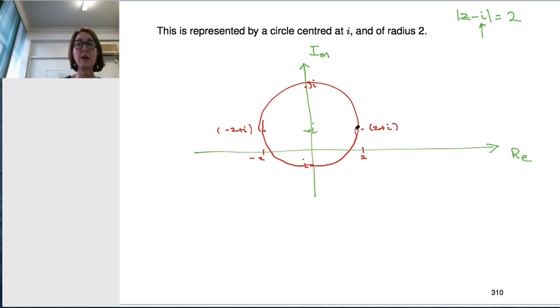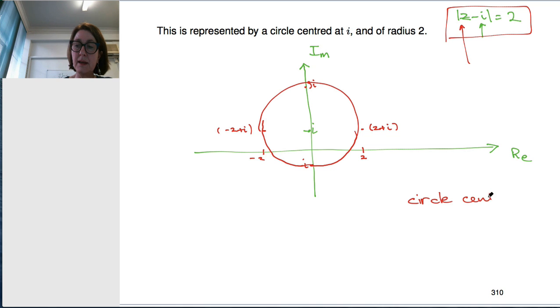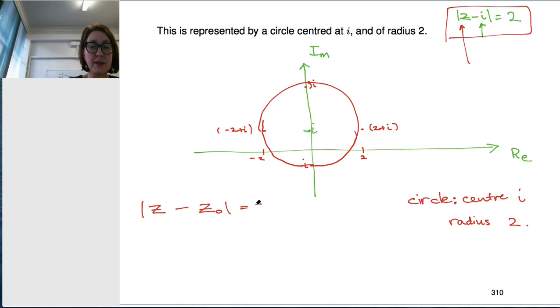So when I sketch this equation, taking into account all possible complex numbers z whose distance from i is equal to 2, then I get a circle, centre i and radius 2. Okay, so in general, if I have something that looks like this, modulus of z minus z naught equals c, and